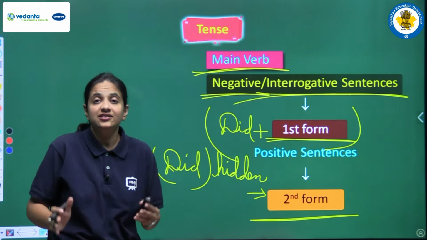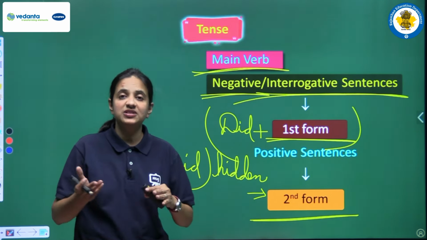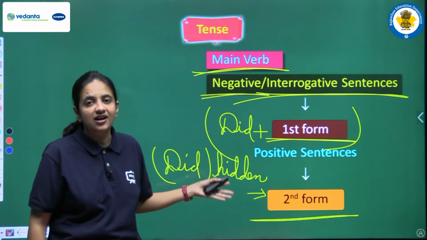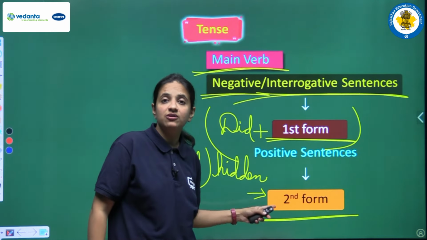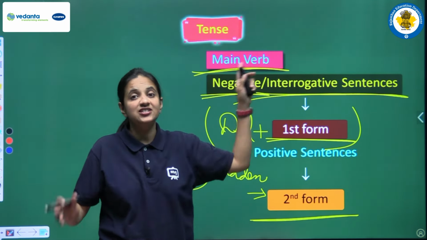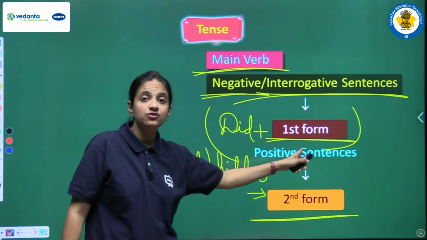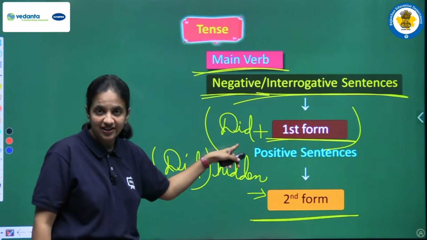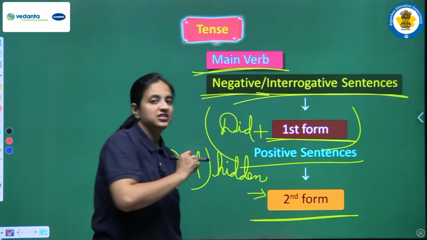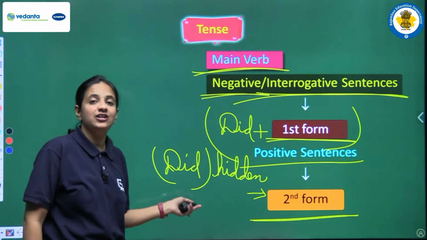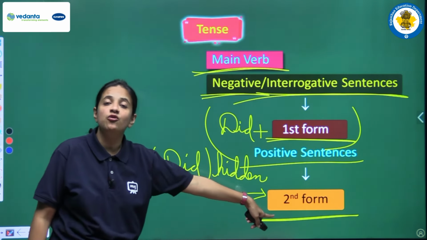I am very sure this is clear to you all, that the verb forms change, and in the same tense we are using different forms of verbs. Yes, we are studying past simple tense, but in past simple tense we have to use different forms of the verb according to the structure of the sentence. So if the given sentence is negative or interrogative, just use the first form, because in this sentence we have to write did also, so did will come with the first form of the verb. But if the given sentence is a positive one, we all know that did would be hidden, it won't be there in the sentence. So in that case just use the second form of the verb.